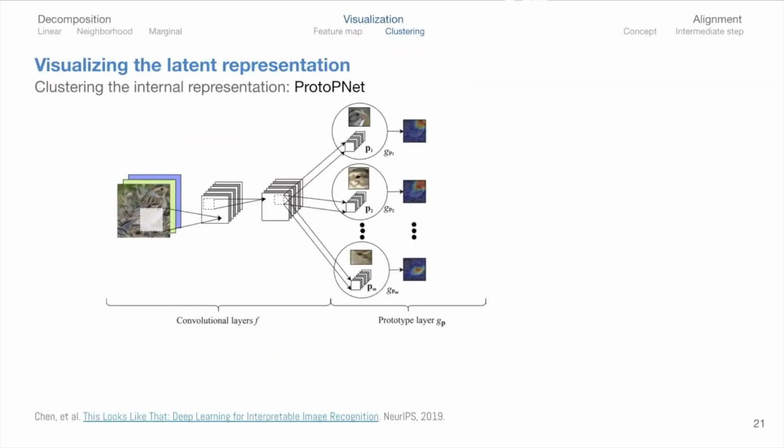A landmark work on clustering the feature maps is called the prototype map. It modifies a CNN model by adding a prototype layer. The prototype layer consists of a group of prototype vectors, each representing the prototypical features in a class. It's like a clustering center, and each location of the image patch is compared with the prototype vector to get